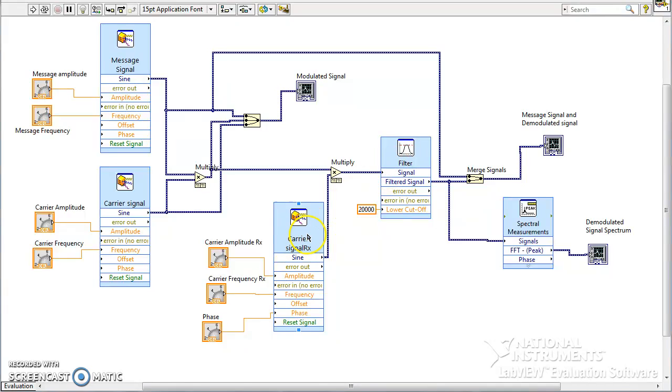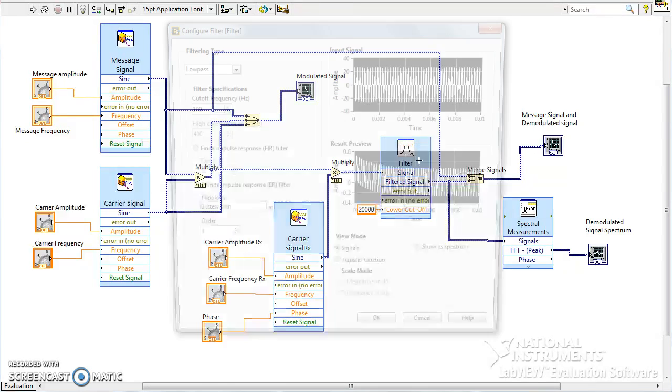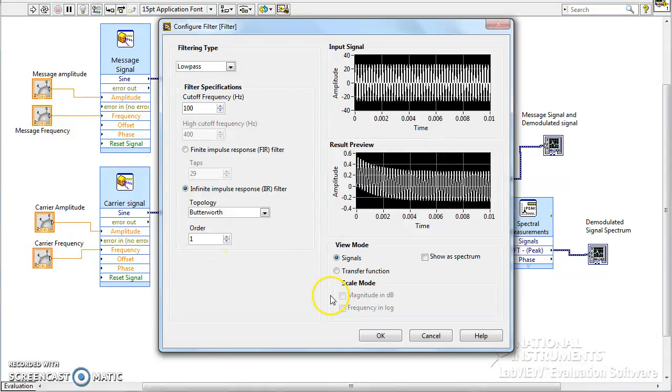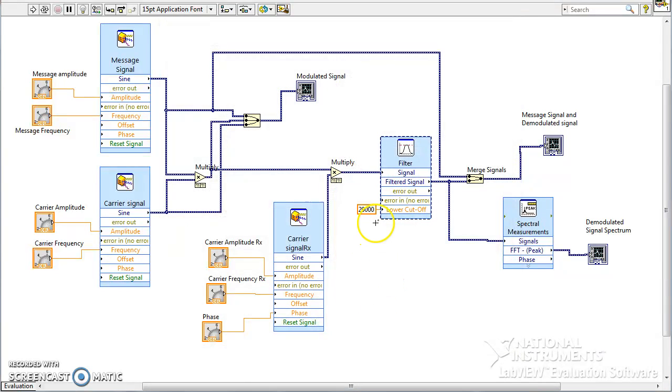So over here I have used the carrier signal, which has got amplitude, frequency and phase. Coming up with the low pass filter, the filter order that is chosen is 1 and the cutoff frequency of the low pass filter is chosen as 20 kHz. Since all the message components which are within 20 kHz will be passed through this filter. So then both message signal and the demodulated signal are merged